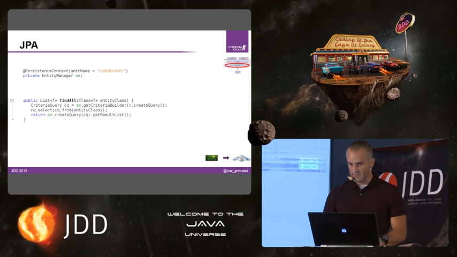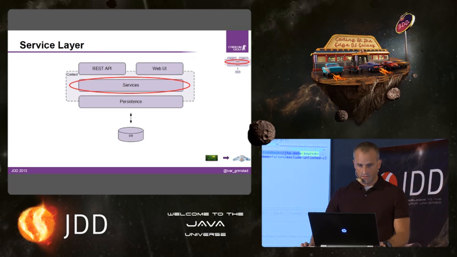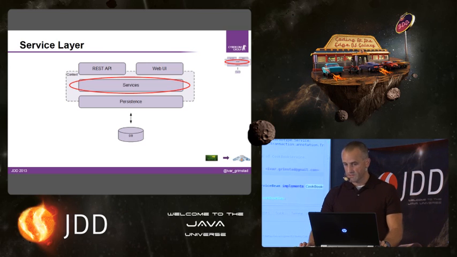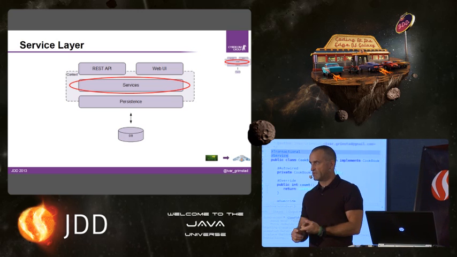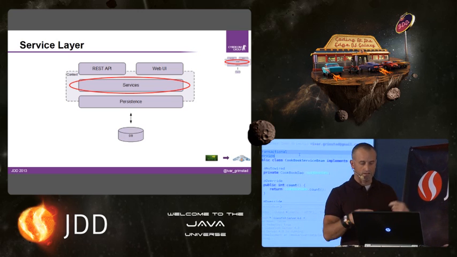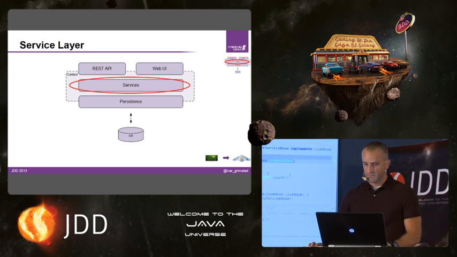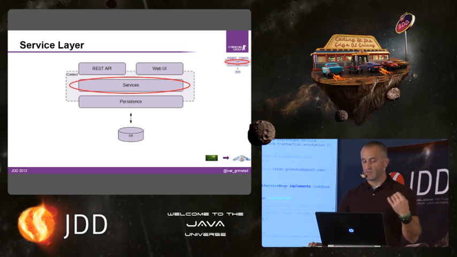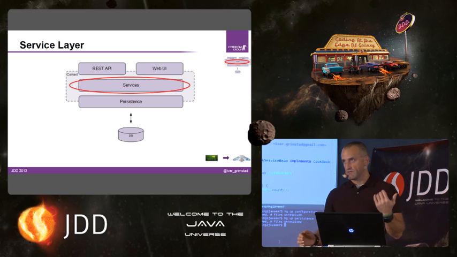So if we look at the service layer, my Spring services are plain old Java objects. I've annotated them with @Transactional and @Service. @Transactional makes it available for use of Spring transactions, and @Service is just a specialization of @Component. And it's autowiring the data access objects, and I'm just calling the methods on the data access object. So it's a pretty dumb service. So if I turn this into a Java EE counterpart,